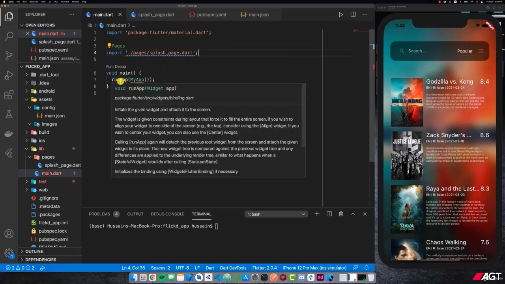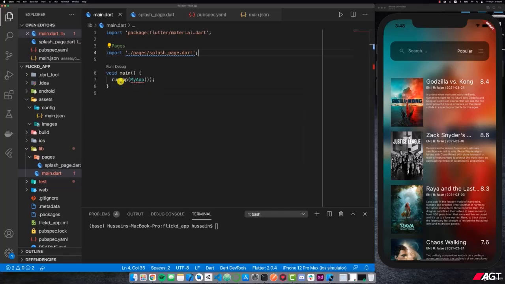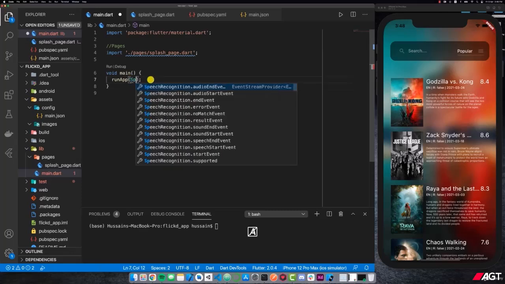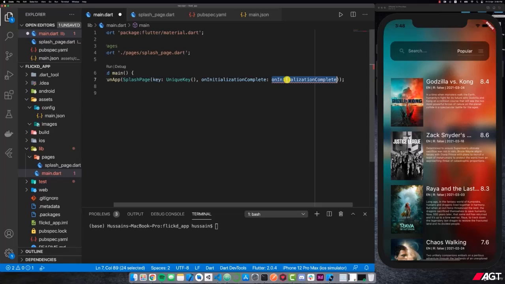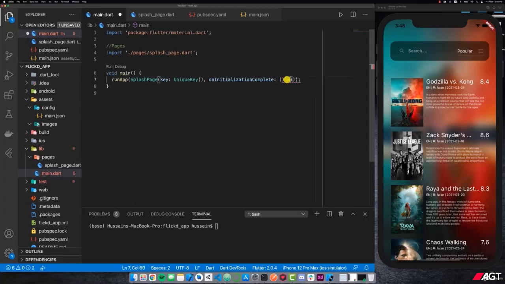And then inside of here, instead of doing run app, what we're going to be doing is running our splash page. So I do run app, and inside of here, I'm going to call splash page. Before I pass the on initialization complete, I'm going to pass it a key by doing key, unique key. And then I'm going to pass in our actual on initialization complete function. Inside of here, for now, I'll just do null, and then I'll just add the corresponding trailing